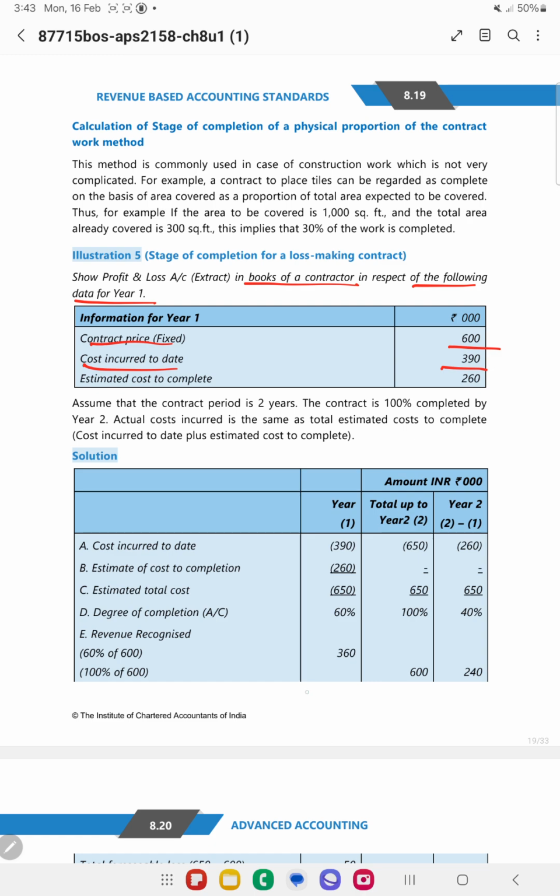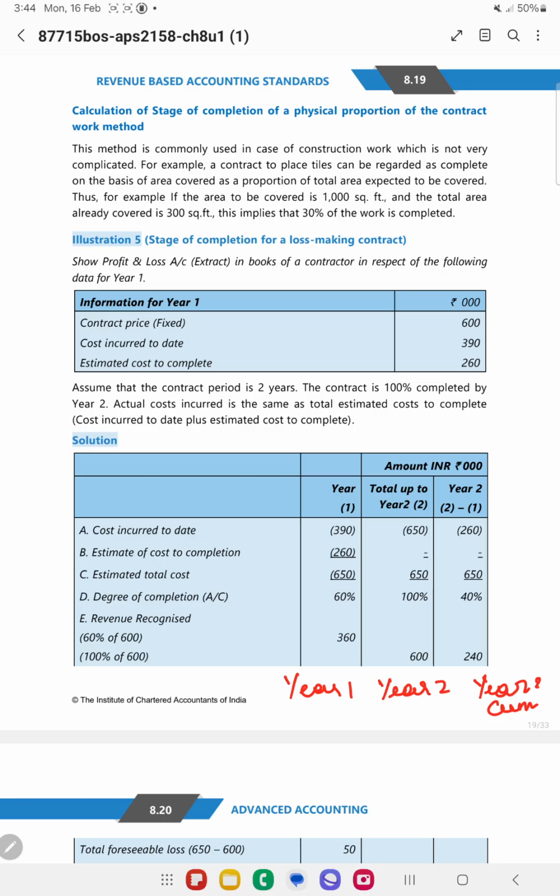So basically, if I take year 1, year 2, okay, so year 2 cumulated. If I take it like this, now contract price is how much? So now here if I take for the year end, cost incurred is how much? 390. Okay, so assume the contract is for 2 years, the contract is 100% completed by year 2. So basically at 100%, the actual cost incurred is the same as the total estimated cost